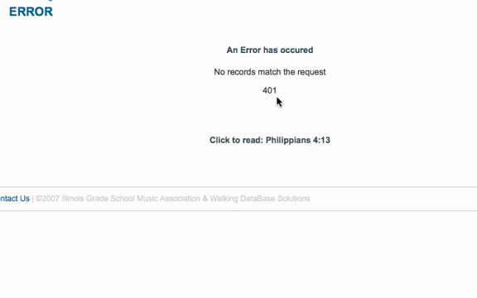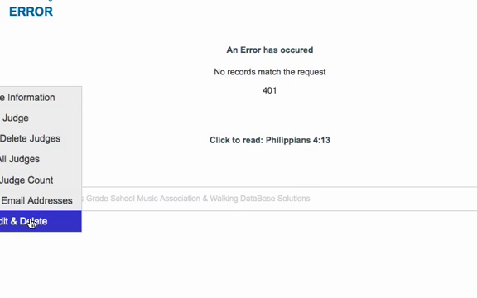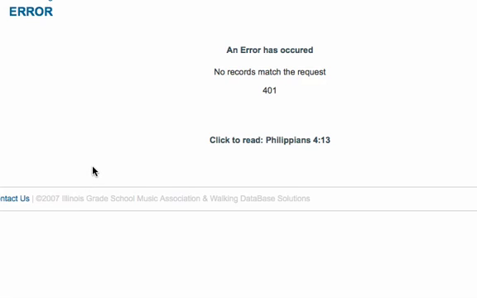It says they don't have any records. Well, you know why that is? They don't come to District 3 West, which is what I'm logged under. So you can't go look at anybody else's events, only your events. You can't go look at another site's events to see what they're doing. So it's protected. That means someone can't come in and change your entries when you don't want them to. So there's your features for adding, editing, and deleting.